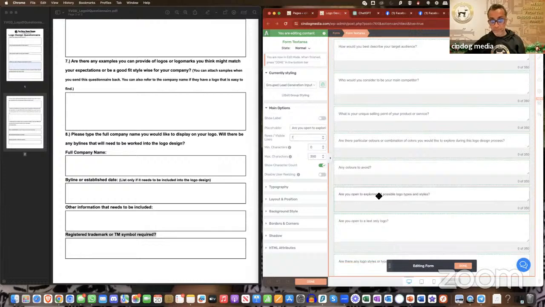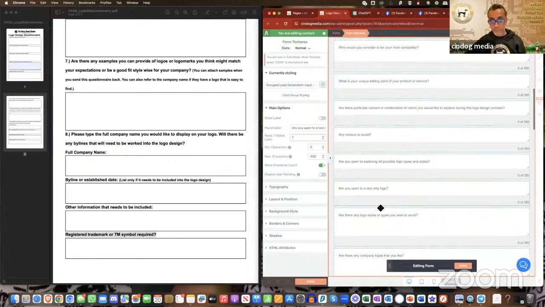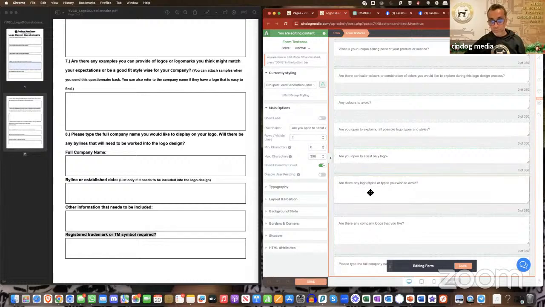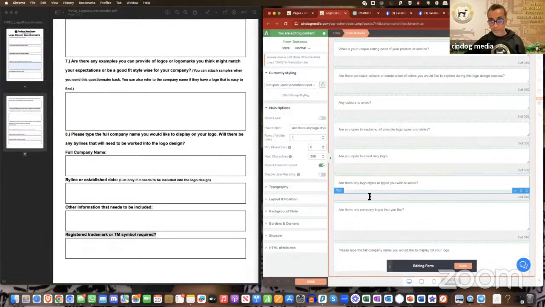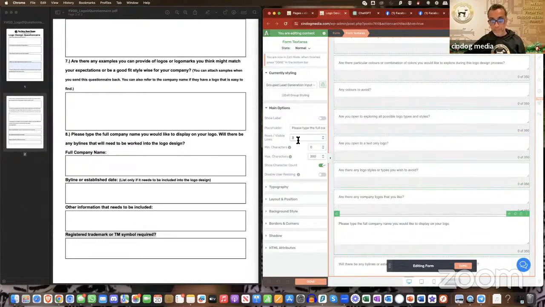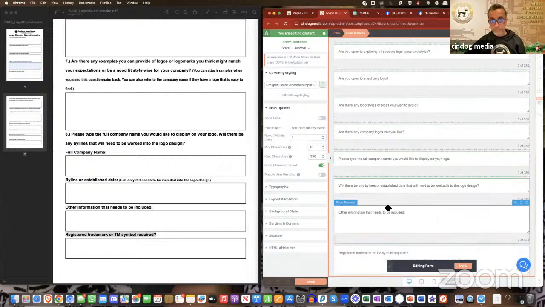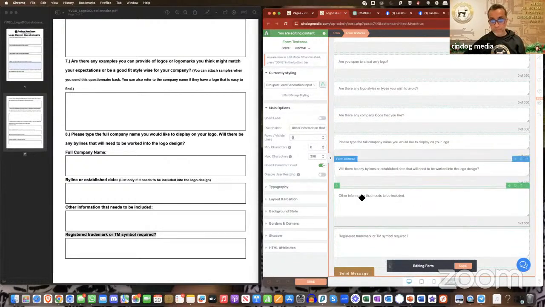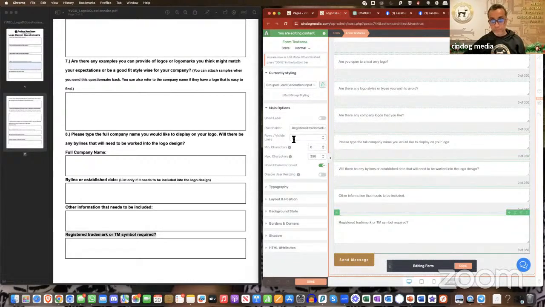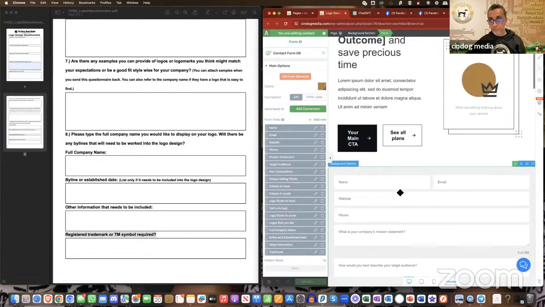That's just going to be a yes or a no. Are you open to a text only logo? Yes or no? You can even change this to an option, but we're just going to keep it simple for now. Right, so okay, that's done. Save the work. All right, so